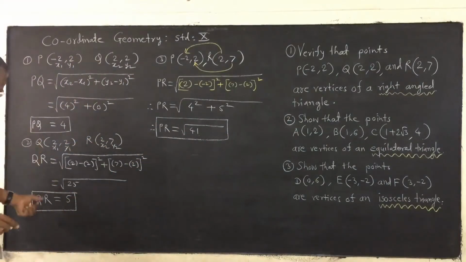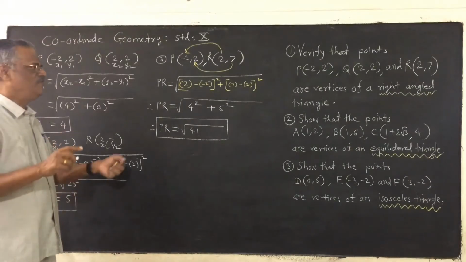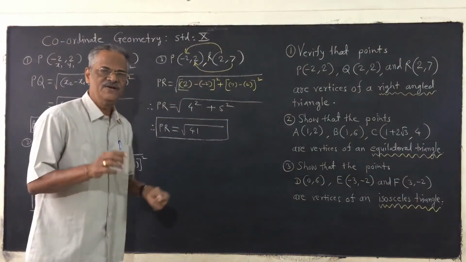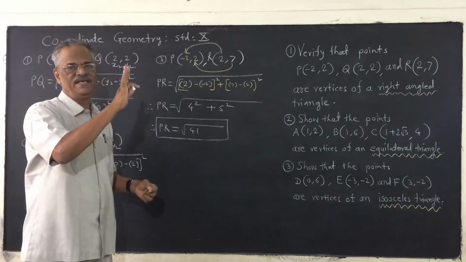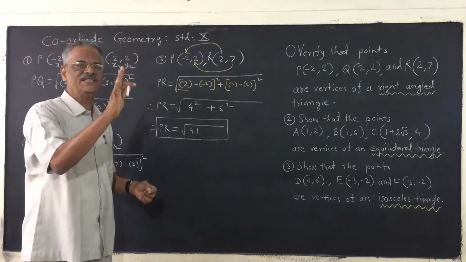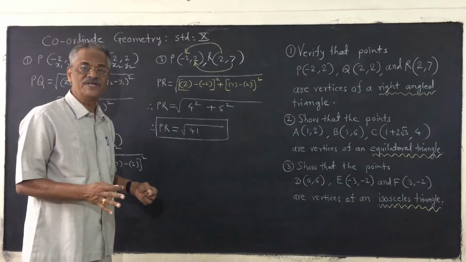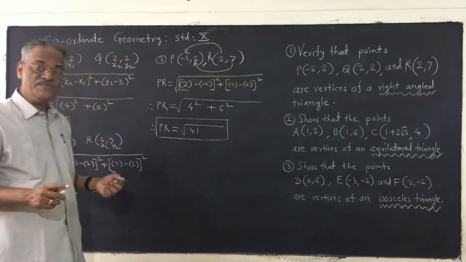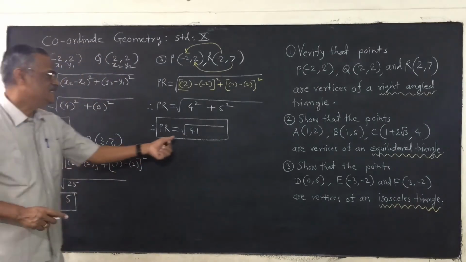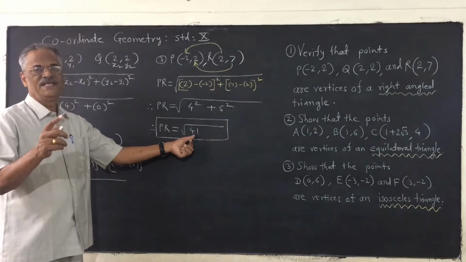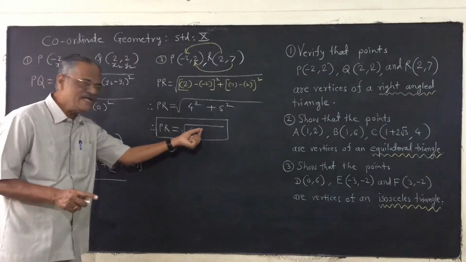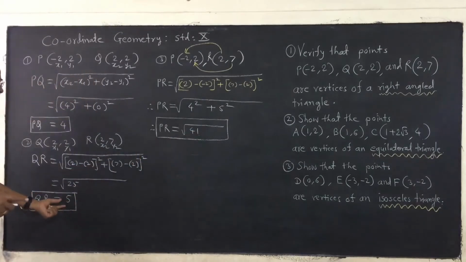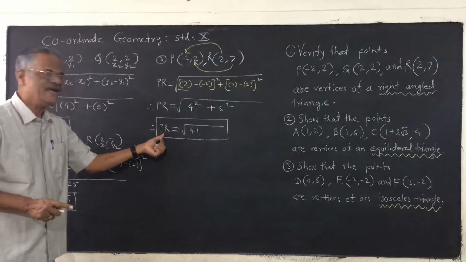PQ is 4 and QR is 5. The 3 sides are there. To verify whether it is a right angle triangle, we have to use the converse of Pythagoras theorem. Already in the Pythagoras topic, we have seen the video on the converse of Pythagoras theorem. Which is the greatest side? You can see that this number is definitely more than the square root of 36. You know that is 6, so it is more than 6. This is 5 and this is 4. So this is your greatest side.